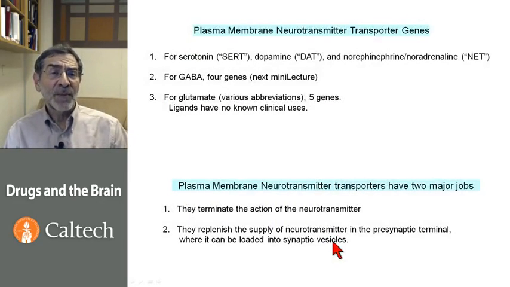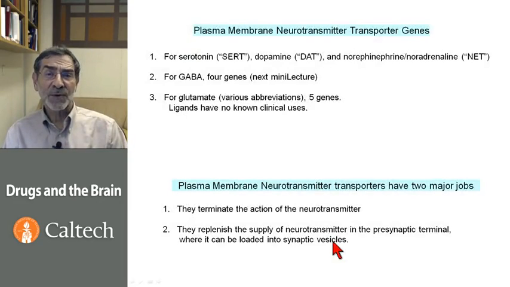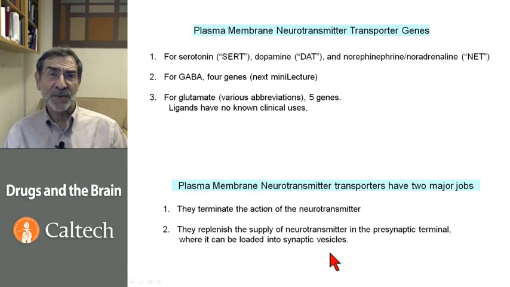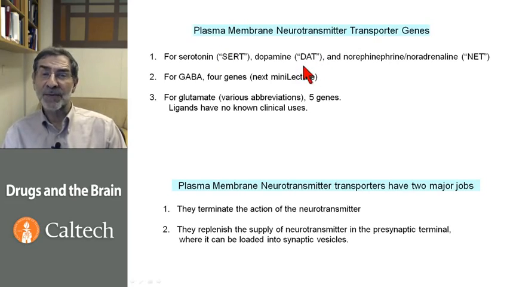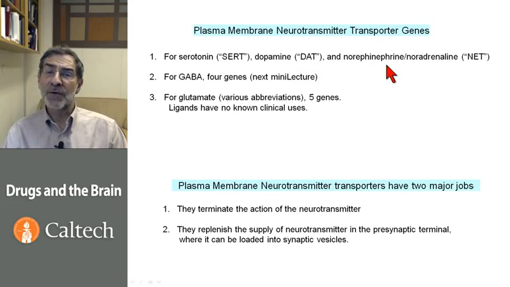Let's talk now about the plasma membrane neurotransmitter transporter genes, because since they are on the plasma membrane, they are much more susceptible to binding drugs than are the intracellular transporters. But as we'll see, the intracellular transporters can also bind some drugs. There are families of plasma membrane neurotransporter genes. There is one for serotonin, it's abbreviated SERT. There's one for dopamine, abbreviated DAT, dopamine transporter, and one for norepinephrine, also called noradrenaline, and that one is called